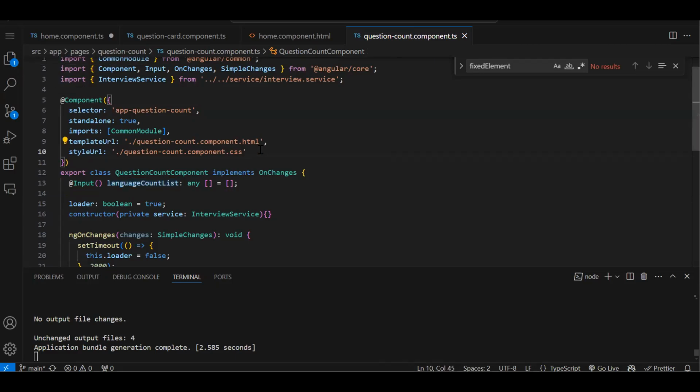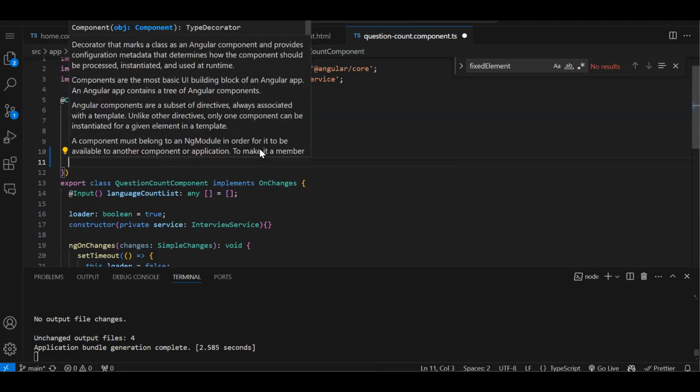Yes, I'm using Tailwind CSS. If you are overriding a particular CSS in one component and after that you navigate to another component, that overridden CSS will be present in the DOM. So in the other component also, the same overridden CSS will get applied. So for that we have that, what do we call,